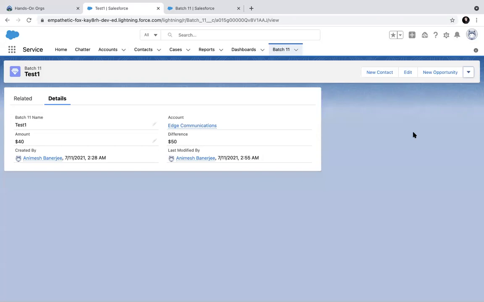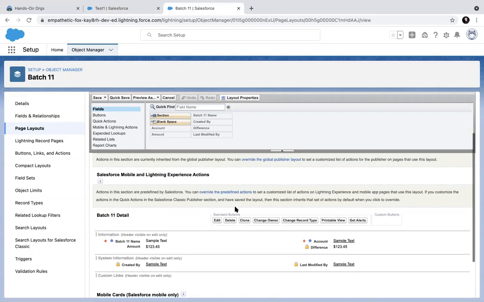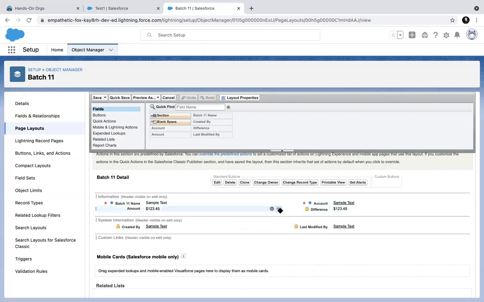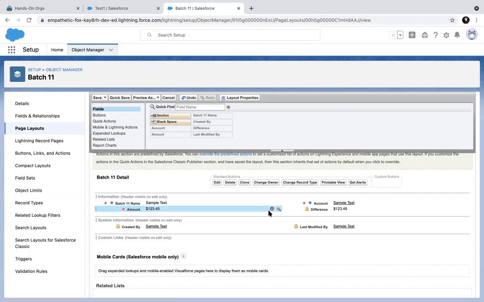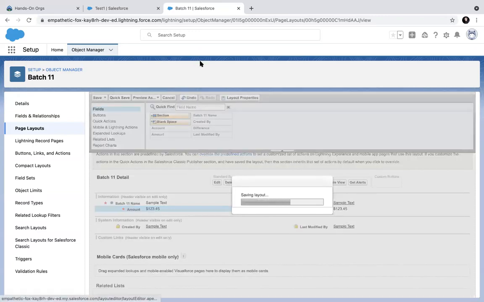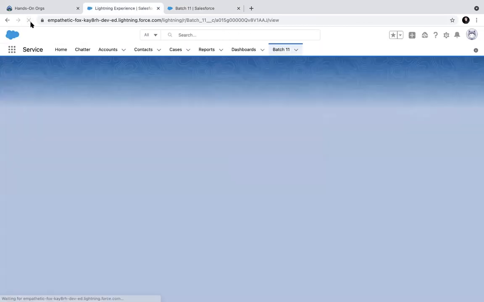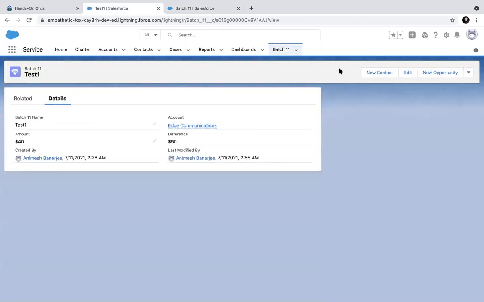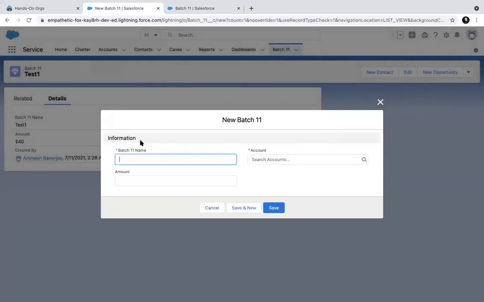Page layout is critical. You can make a field mandatory on the page layout also. If you go to this page, this amount field you want to make mandatory, you go to the layout, make it required and do a save. If you do that, here, if I want to create a new one, you see the amount field.